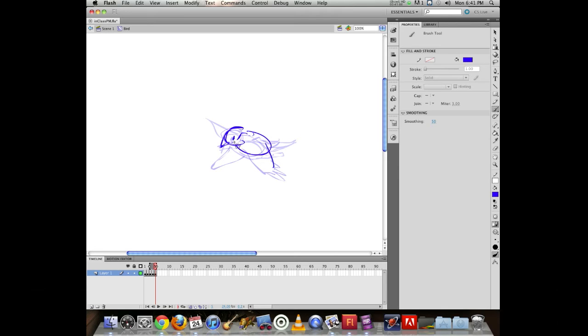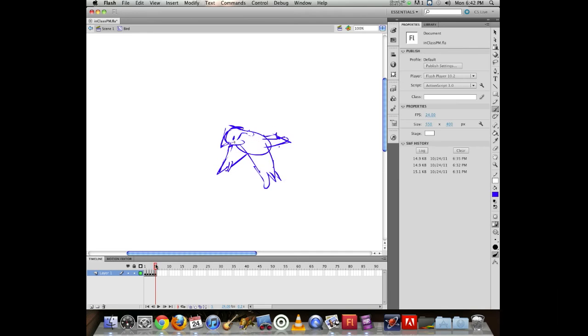Now, sometimes I find it challenging to keep talking while I'm drawing, so I apologize for the silence. But sometimes I run out of things to say while I'm focusing and thinking a little bit about what I'm trying to draw. Now, if I turn off onion skinning, we can see